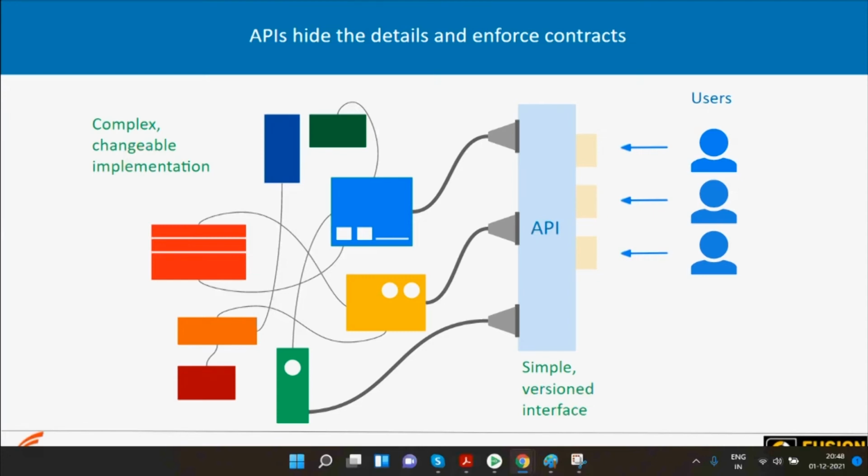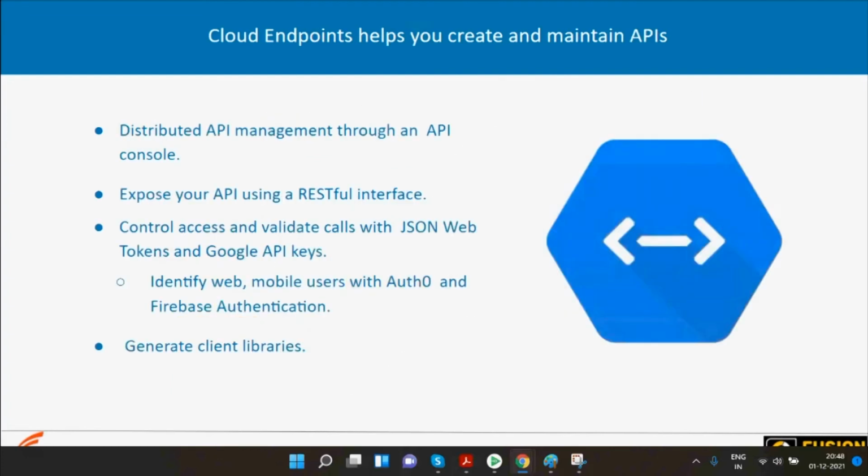Supporting an API is a very important task, and Google Cloud provides two API management tools. They approach related problems in a different way, and each has a particular forte, which we want to discuss now. Cloud Endpoints is a distributed API management system. It provides an API console, hosting, logging, monitoring, and other features to help you create, share, maintain, and secure